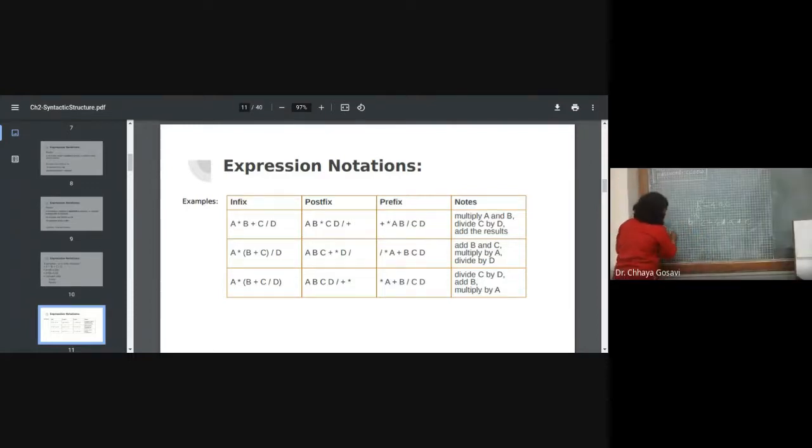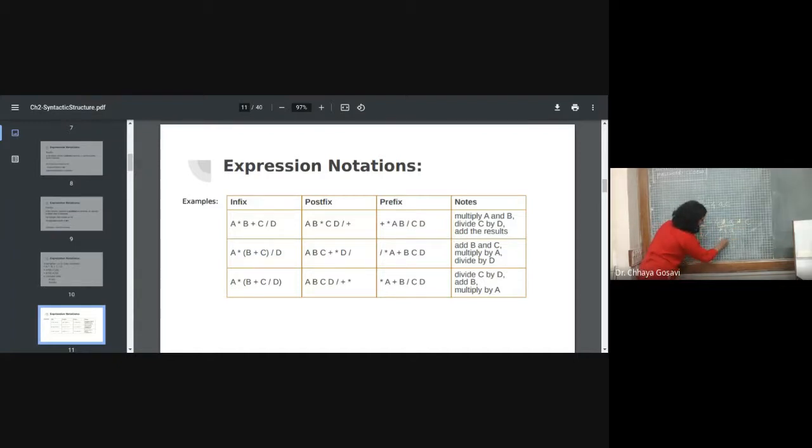In case of prefix, b raised to 2 will be converted to raised to b 2. Then the other operators have the same priority, but associativity is from left to right. So 4 into a will be solved first. So this is star 4a, and then star c.